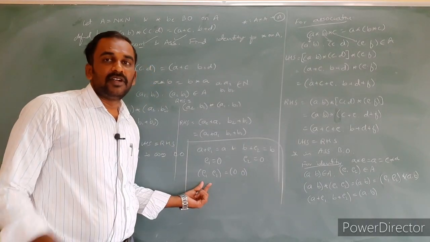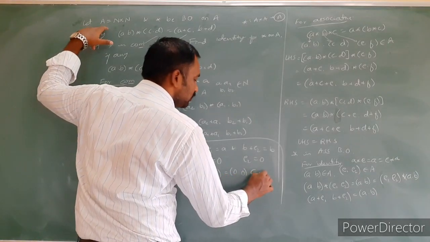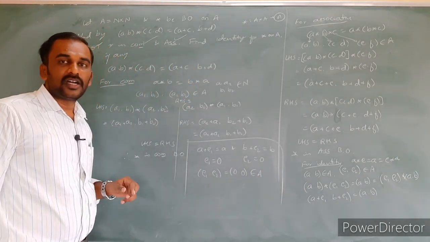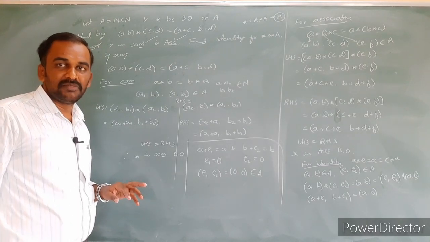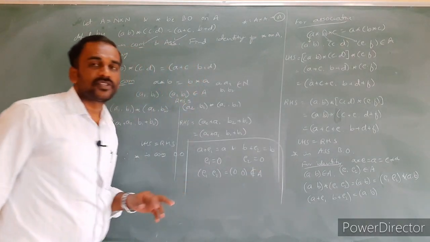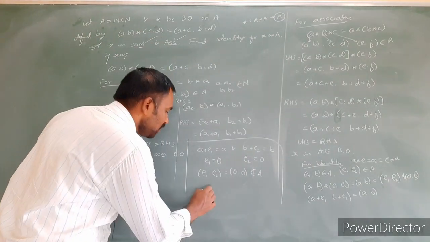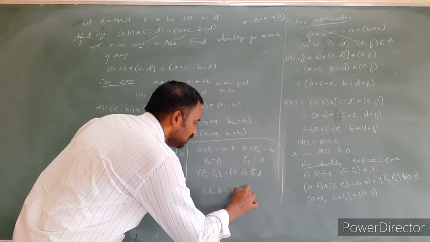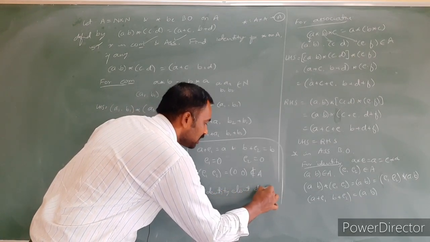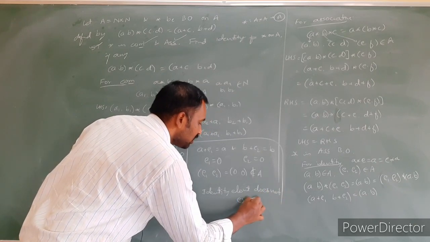This identity element must be present in the given set A. Therefore, is (0, 0) present in the set A or not? Is 0 a natural number? 0 is not a natural number, therefore it is not present in the set A. Therefore, does the identity element exist or not? So the identity element does not exist.